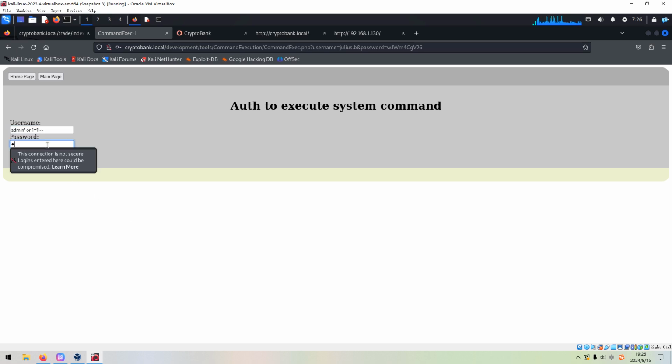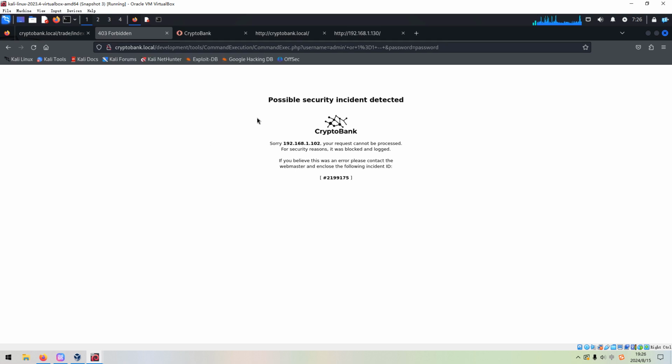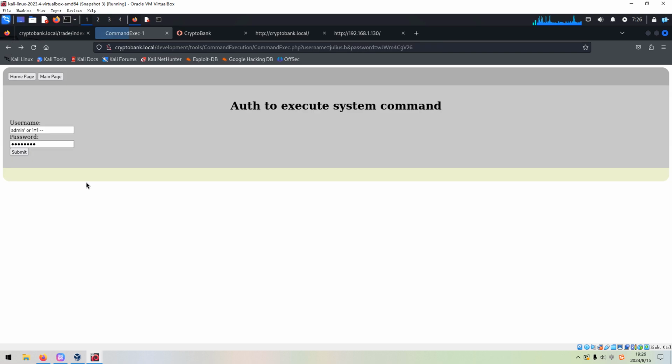And password. Submit. Oh, possible security incident detected. I think there's some sort of firewall running in the background. Okay. So how to do?